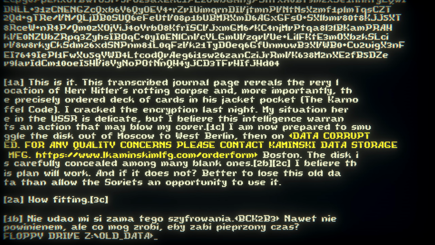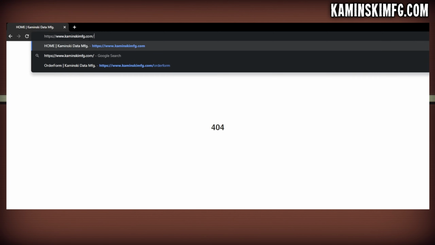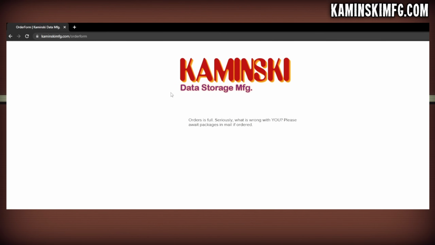www.lkaminsky.lmfg or kaminskylmfg.com/order form, but these aren't actually L's. The text makes it look like L's, so it's just kaminskymfg.com/order form. So if I go to kaminskymfg.com, it's a 404 right now. I don't think it did originally when the ARG was happening, but if you go to order form, it'll say